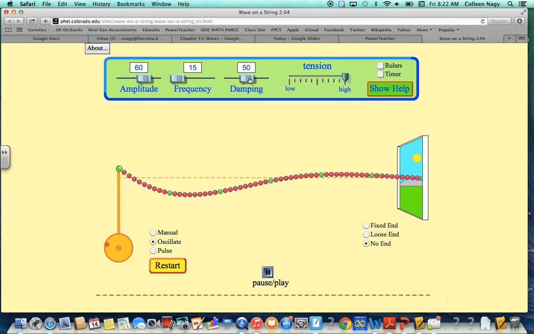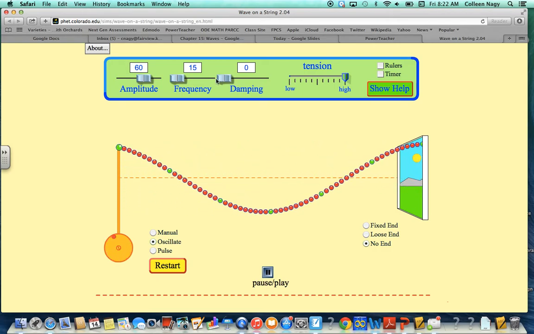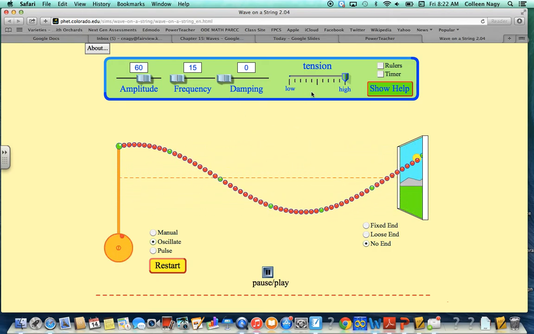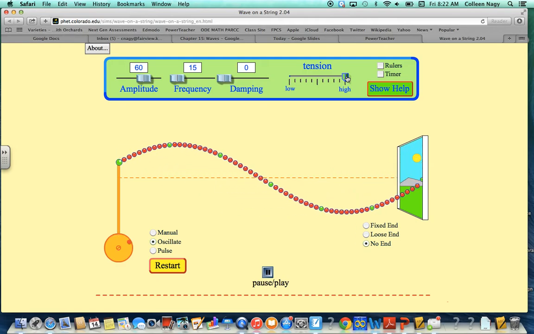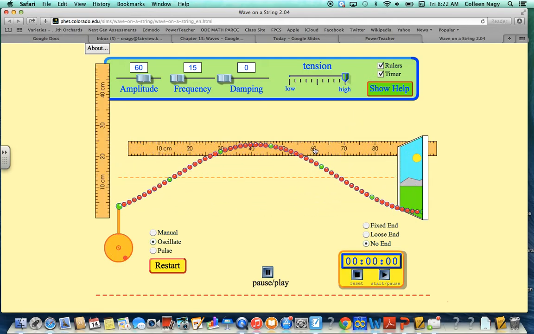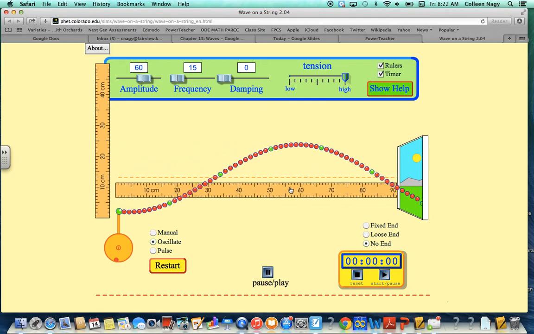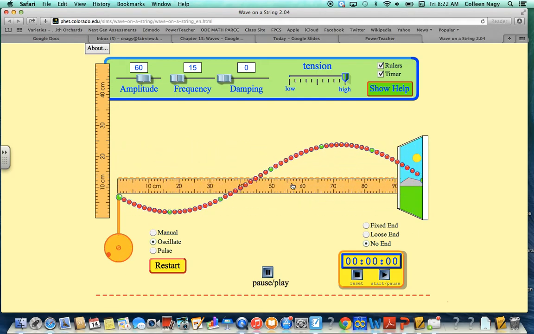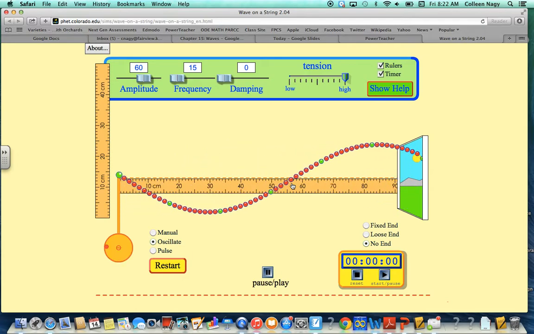Set your dampening at 0. Now set the tension to high and check these boxes for rulers and timers. Then you want to drag this horizontal ruler down here till it lines up with the 0, and then you're